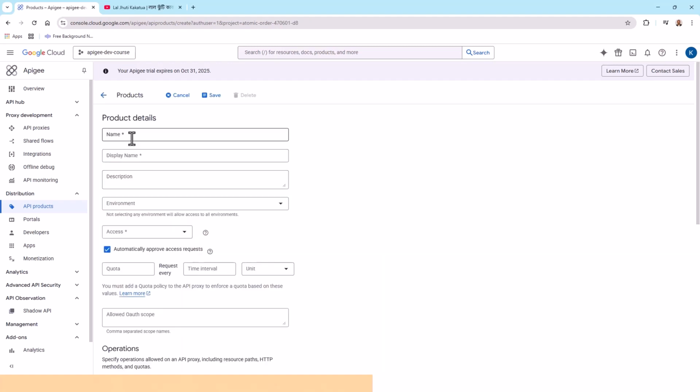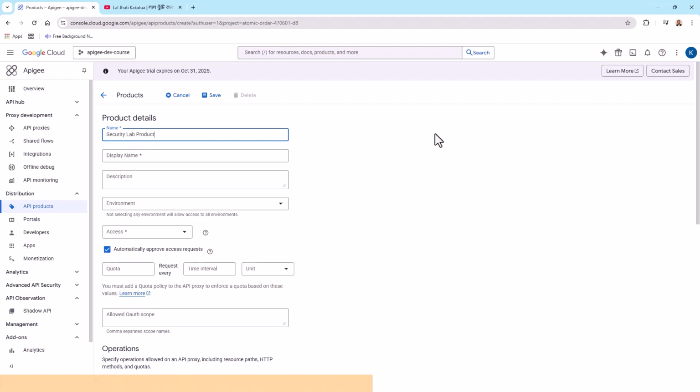So, product details. My advice will always be to keep the lab guide on another screen as you work. If you have two screens, or if you're working on just a laptop with one screen, you can make way for both, your Apigee Dev course or whatever project you have created in Google Cloud Console. You can keep it side by side so that you can just copy and paste from your lab guide. So my product details